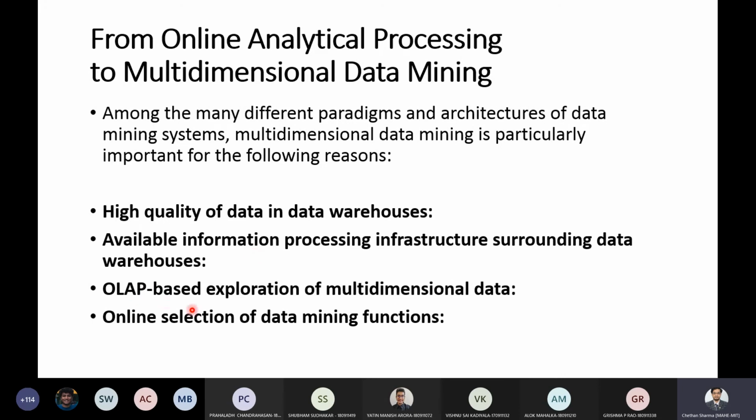The third is you can perform this OLAP based exploration. So as a user, you might want to traverse the database, select a few relevant data, might not be everything, few here, few there, analyze them at different granularities and different hierarchies. And you might also be interested in presenting knowledge as well as results in different forms, and for different uses. So all this is possible using your OLAP.